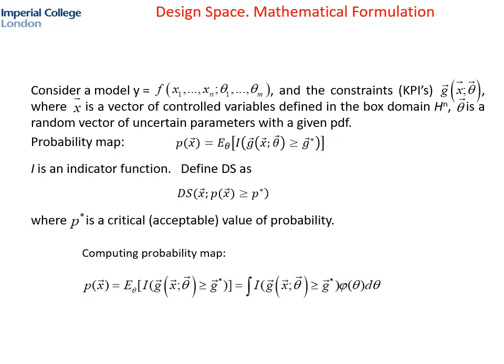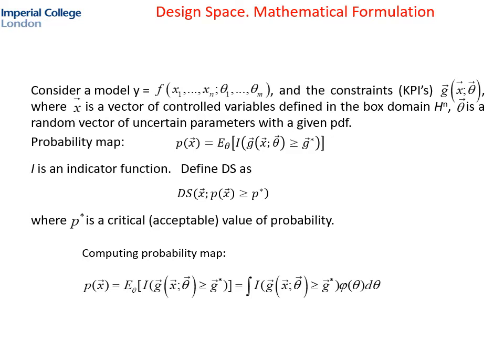Consider a model y as a function of vector x and a vector theta, and the constraints, KPIs, function g, a function of x and theta, where x is a vector of controlled variables defined in the box domain Hn, and theta is a random vector of uncertain parameters with a given PDF. Then define the probability map